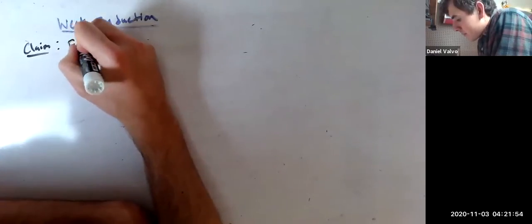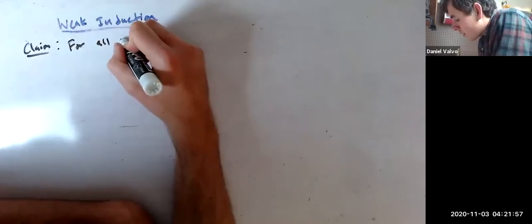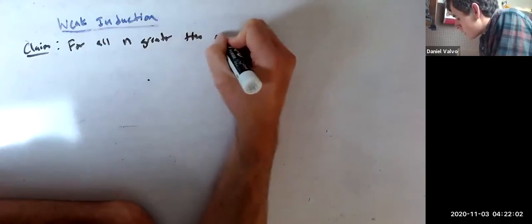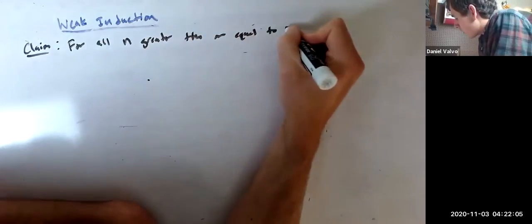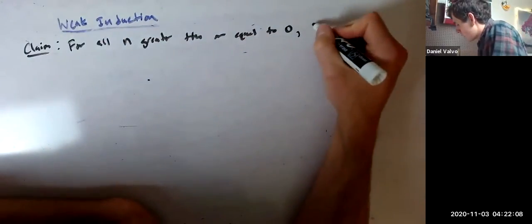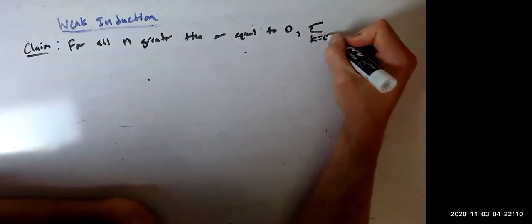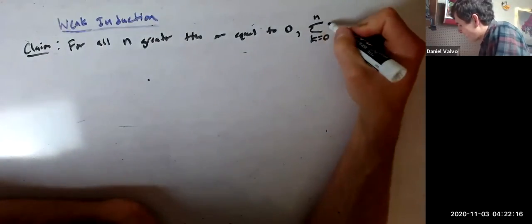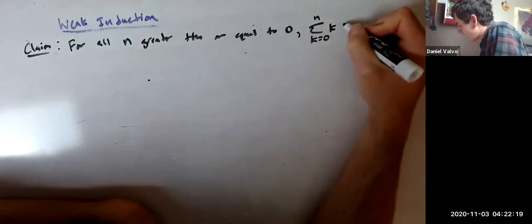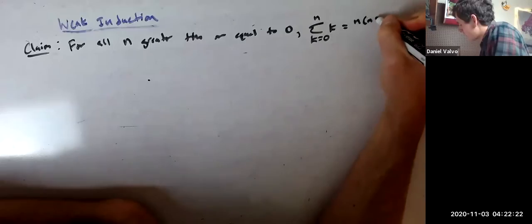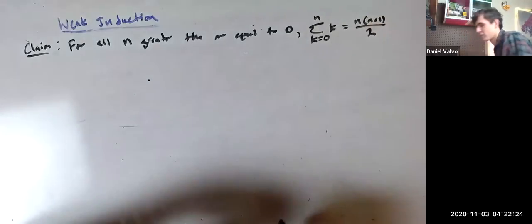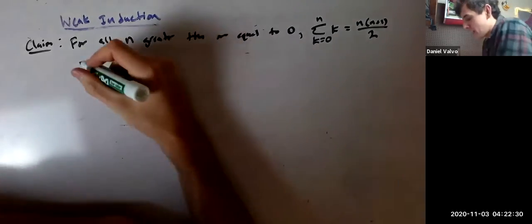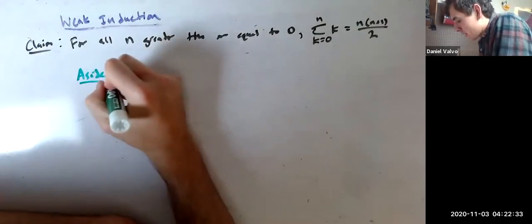Claim: for all n greater than or equal to 0, the sum from k equals 0 to n of k is going to equal n times n plus 1 over 2. That's the weird claim. And if we just do an aside and check it out a little bit,